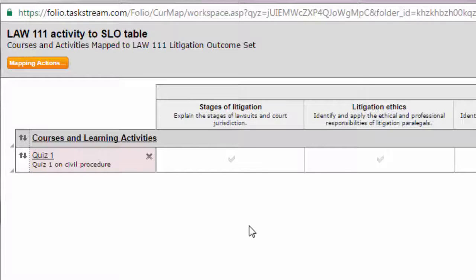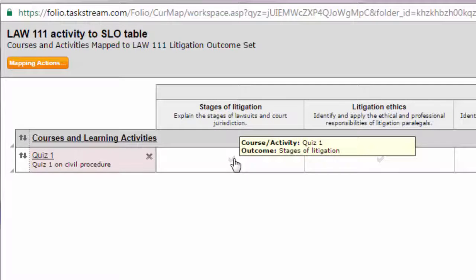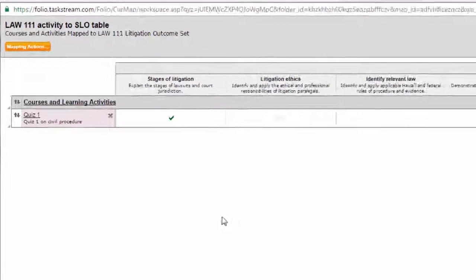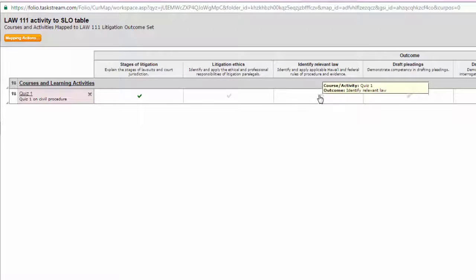So now when I take a look at Quiz 1, I say Quiz 1 relates to stages of litigation, and I'm going to click here. If I thought that Quiz 1 would cover other topics, I can click on other checkboxes, and if I find that I've made a mistake, a simple click erases them. So now I'm going to add another mapping action.